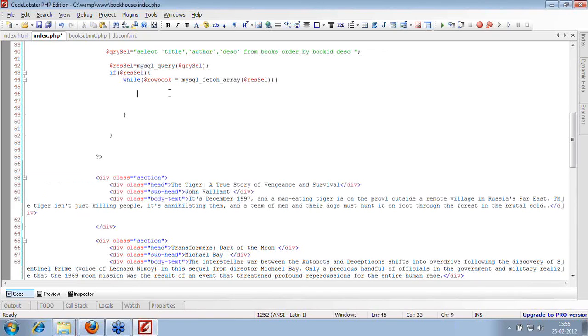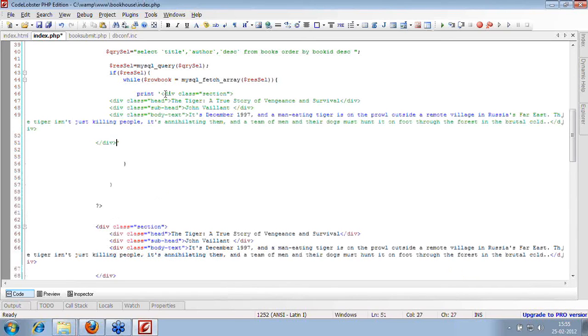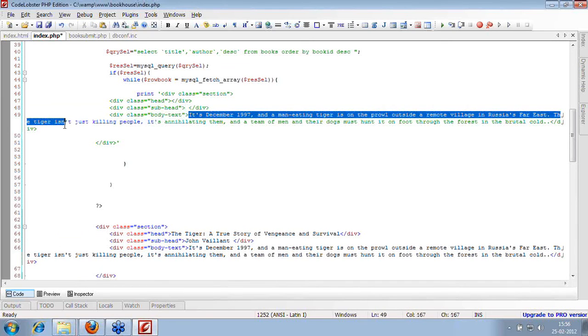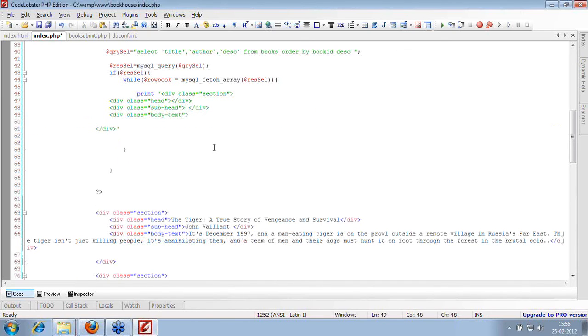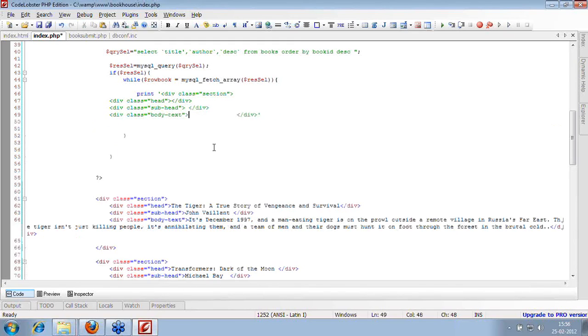If you want to put anything on the screen in PHP, you use the print command. You can also use the echo function, which is basically the statement to print things. Whatever you want to print should be in single or double quotes. Now, the HTML tags I'm using here have static values, but I don't want static values. We want to populate them from the database. So I'll just get rid of all these static values. I want whatever is inserted in my database to get populated out here.